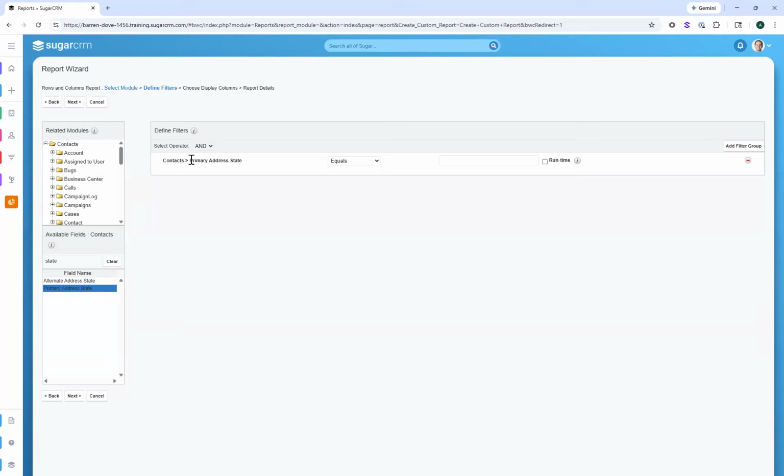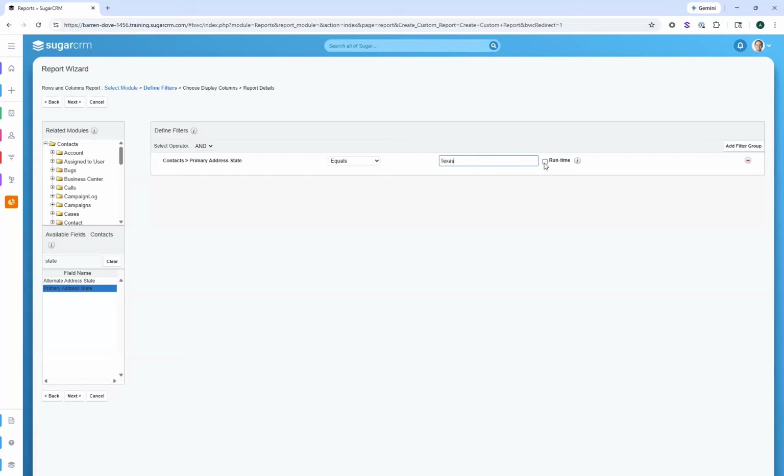So right now it says, okay, so you want to filter by the state. And do you want it to equal something, not equal something, start with, end with, blah, blah, blah, right? Is anything is even an option. I'm going to say, is it going to equal? Now, this next part depends on your data. But if I want to type, I'm going to type it out, Texas, because I think it's typed out in